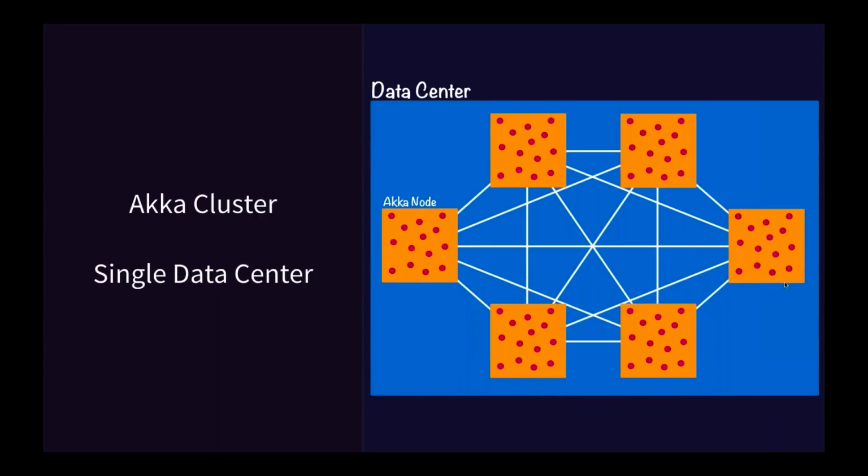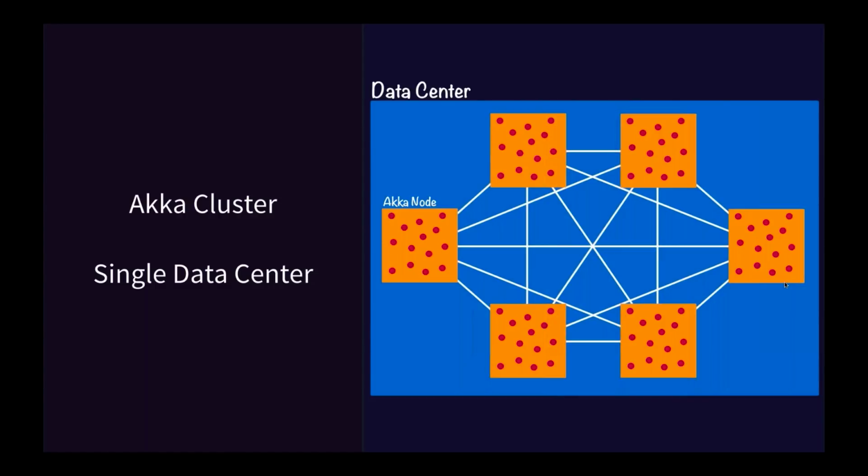But we're here to talk about clustering, and with Akka clustering, there's this kind of expansion of our universe in that we have an actor system that we can span across multiple instances, multiple JVMs. And so in this example diagram, what I'm showing here is an Akka cluster where there's 6 nodes running in the cluster.